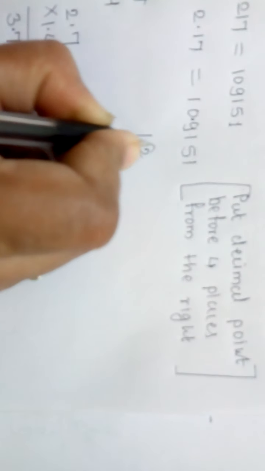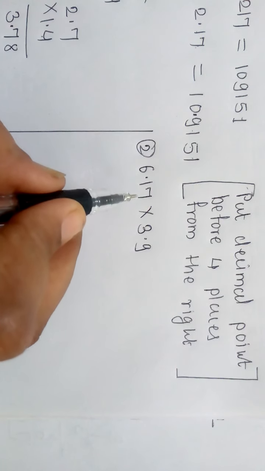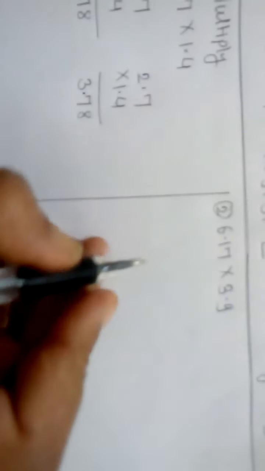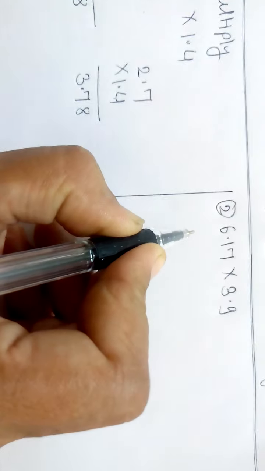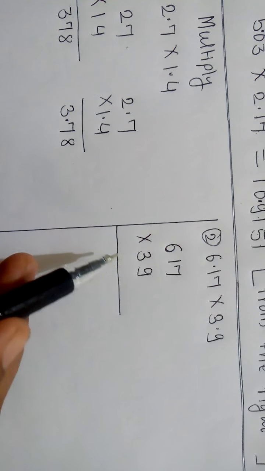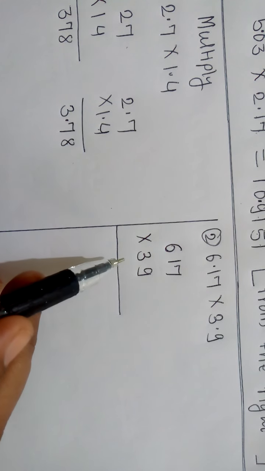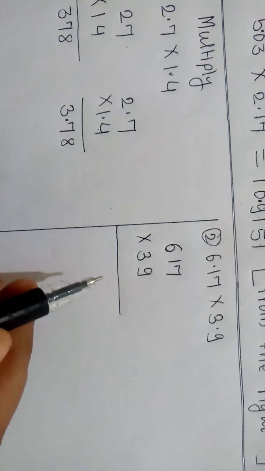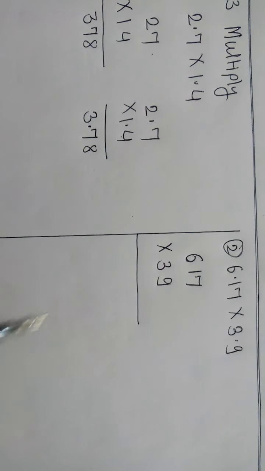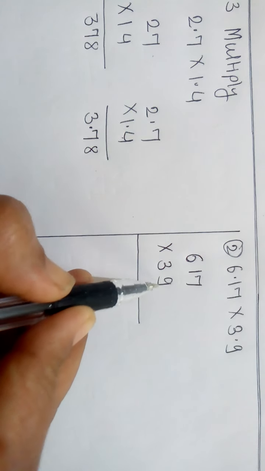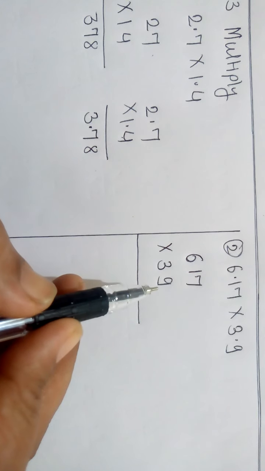Now we will see the second one, that is 6.17 into 3.9. So we will multiply it vertically, first without the point. Multiplication you already know how to do. Then also we will see the multiplication for the second example, for those who don't know how to multiply 3 digit by 2 digit, they will learn that. While multiplying, first we have to multiply by this right side digit, that is 9. So we will multiply by 9.